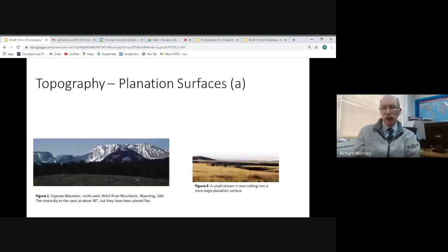So the first particular surface I want to look at is planation surfaces. Now, planation surfaces are surfaces that you can see look very flat. So here we have a planation surface at the top of a mountain. It's quite inconceivable how that could have happened over long periods of time. And this is a more normal planation surface, in, you might call it, the large areas of America, in the Midwest, and also in the Siberian steppe. But we see these all around the world, these very flat surfaces.